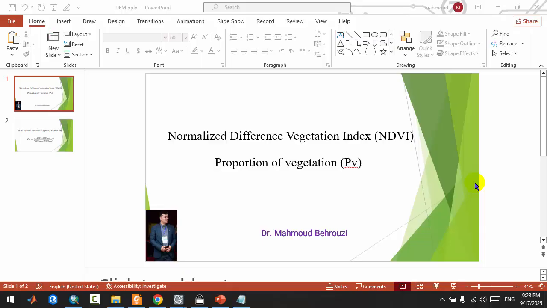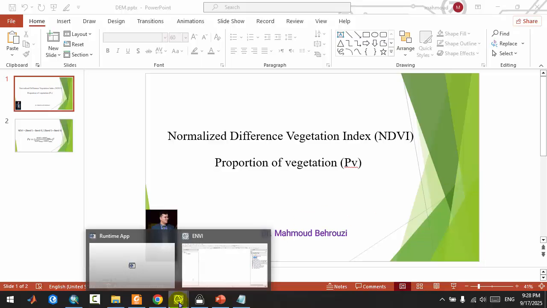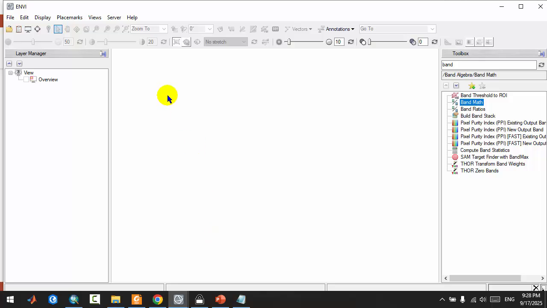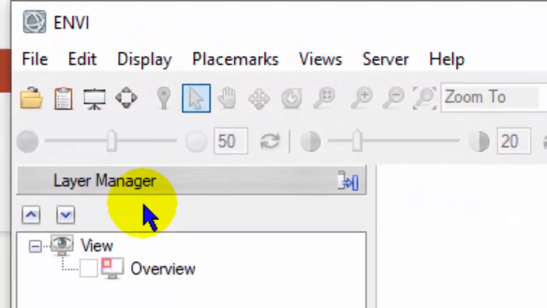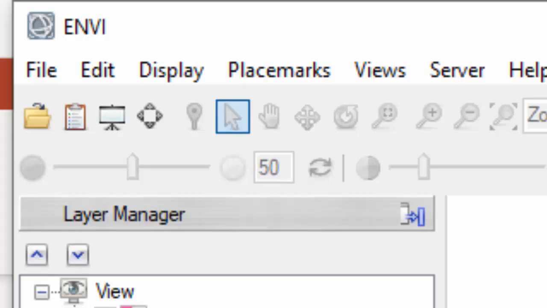I am going to show how to calculate the normalized difference vegetation index, or NDVI, and calculate the proportion of vegetation, the PV index, in the ENVI software and ArcGIS. In the ENVI software, at first, we import the Landsat image,